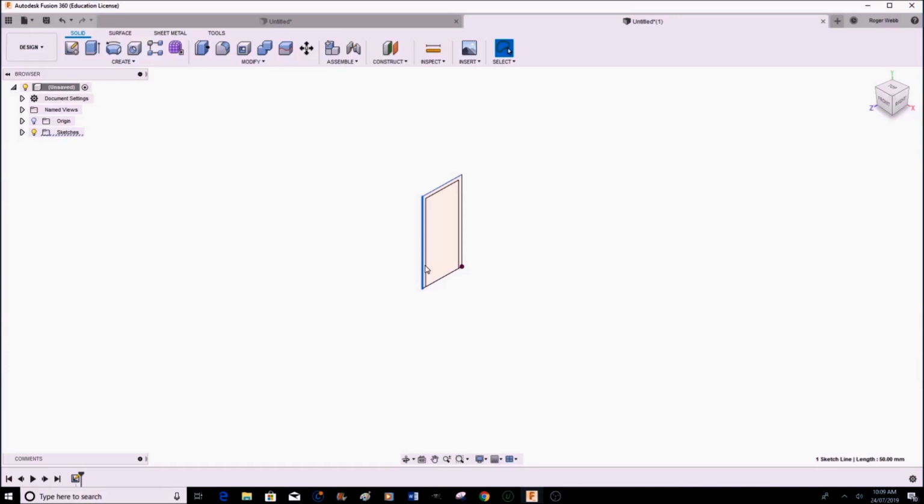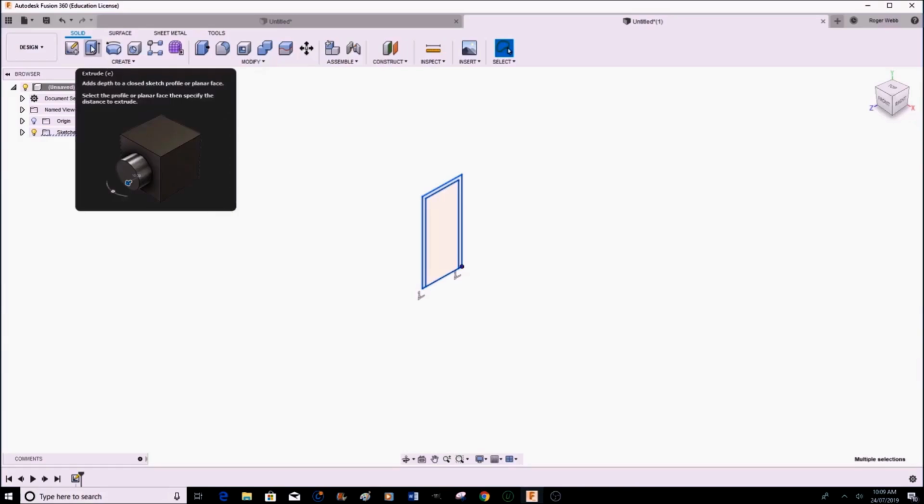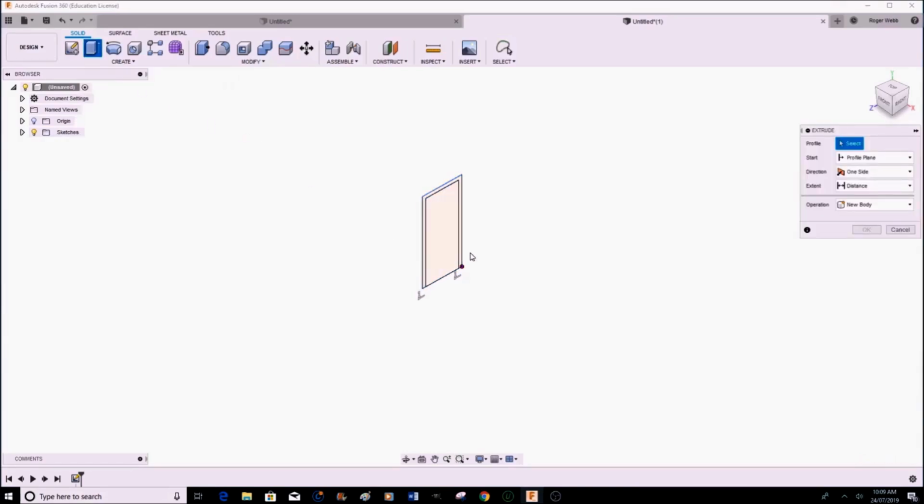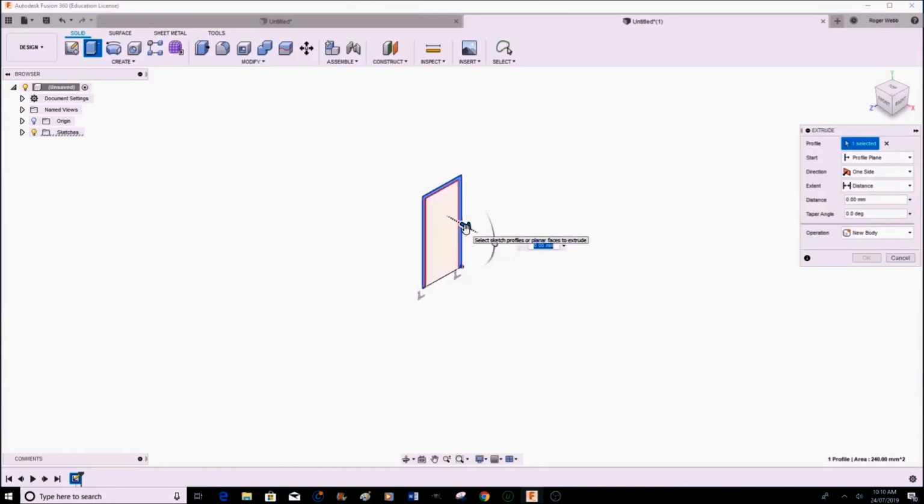Okay, so what we need to do is to select or make blue all of that, and then go up to here, so we want to extrude that, and we want to pull it this way,